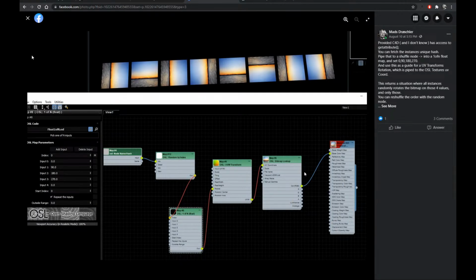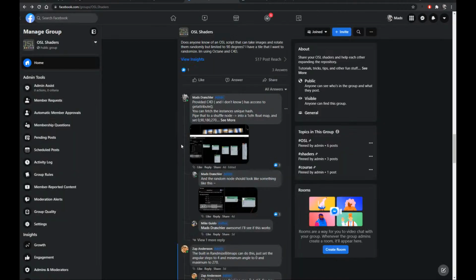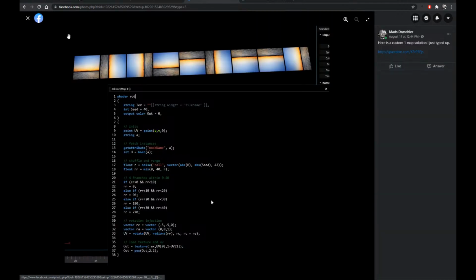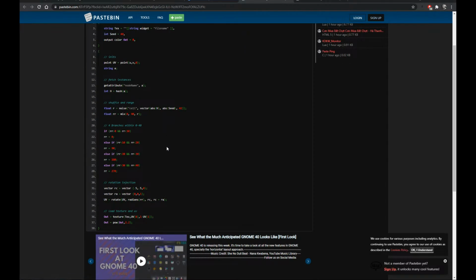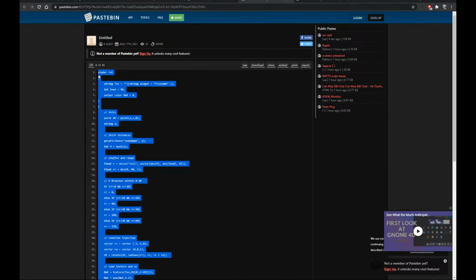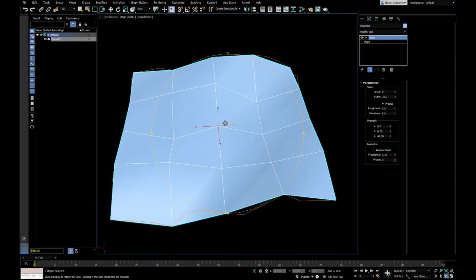I just took the relevant code for all these nodes and put it into one single map that does the same thing. So let's go to the code here. Let me go up here, select my own code. I'm stealing my own code here